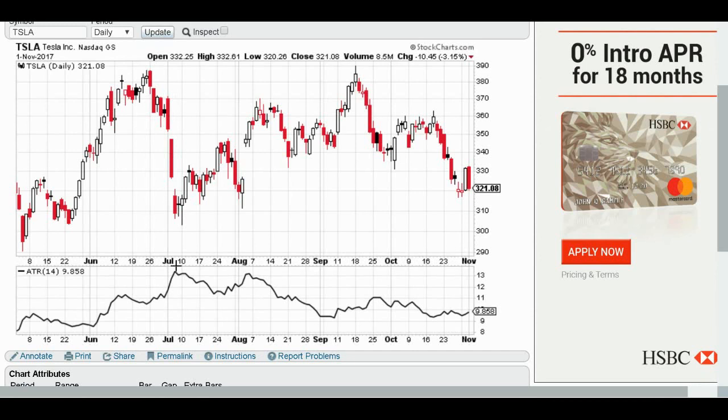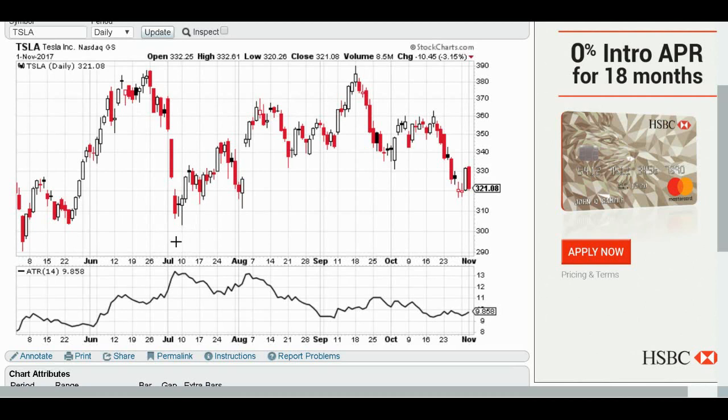That's volatility picking up. And so if you want to use the indicator, you could say, okay, if this gets up to a certain point, just pick your number or pick your level, when it gets up past or at a certain point, I'm going to fade the move. If it's a big downward move, when volatility picks up and the average true range goes really high, then you can sell puts. Imagine if you had sold out of the money puts right when it reached here, maybe when it went down to about 308. If you had sold a 290 put or a 295 put, maybe even a 300 strike put if you don't mind more risk, you can pick your strike price here.